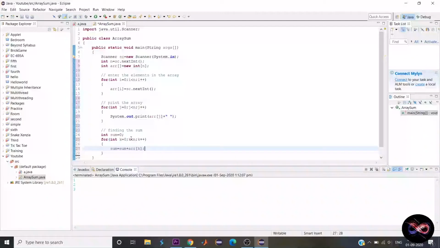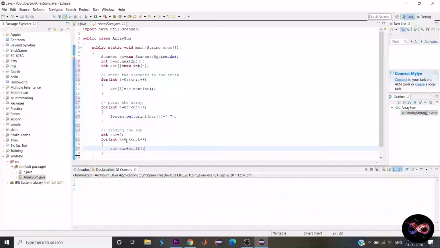So when the for loop starts its operation, when k is equal to 0, sum is equal to 0 plus the 0th element of the array. So if it is 1, 2, 3, so ar[0] is 1, so 0 plus 1 will be 1 and it will be stored in sum.